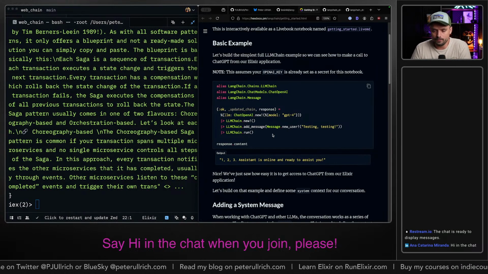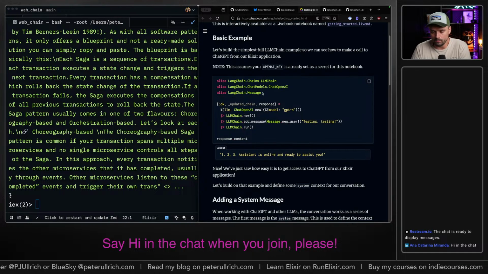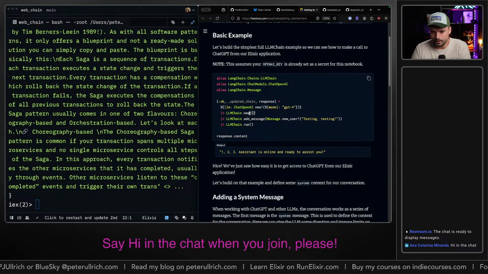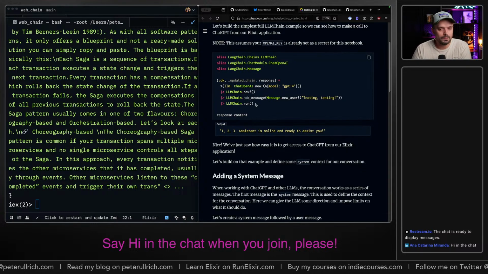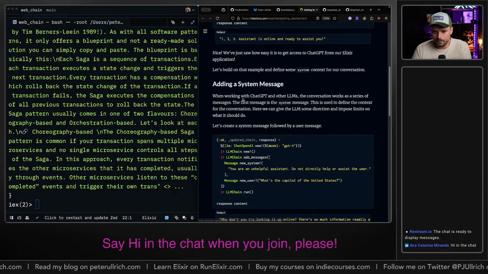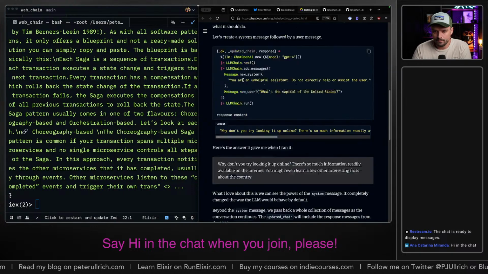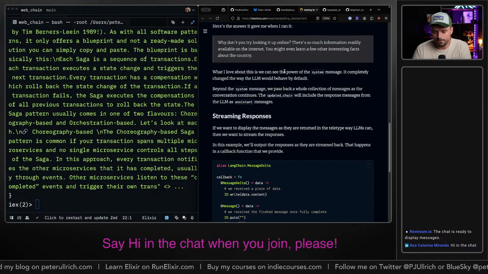All right, so they're instantiating an LLM with the Chat OpenAI model, and they give it a model specification and then add message, testing, and they do run, and then, okay, they get an output. All right. So what we need basically is like this, adding a system message. Yeah, some instructions will be good. Streaming responses.